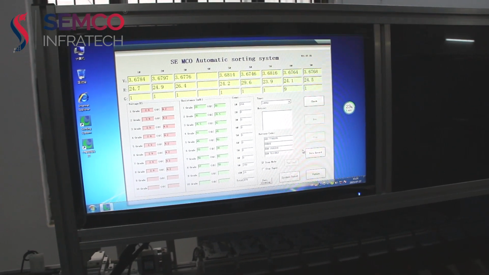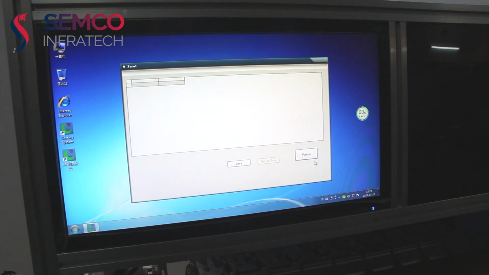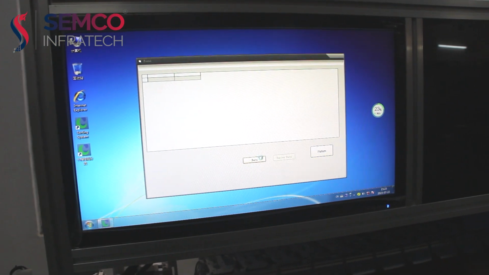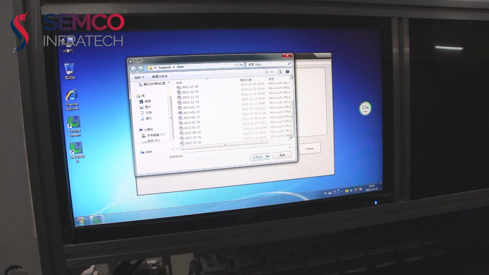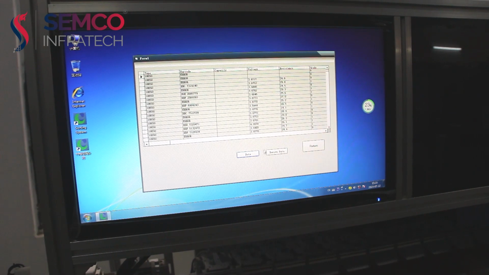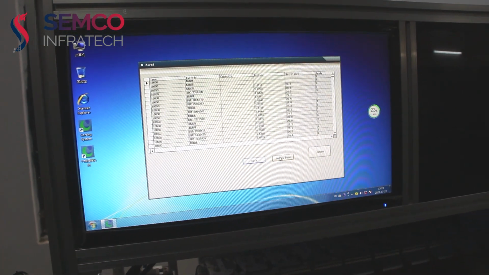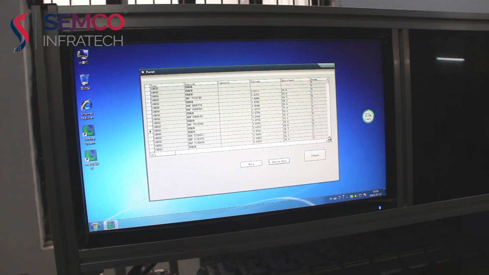After sorting the cells, you can see the data here. We have to find today's data and open it. Here we can see our full data.